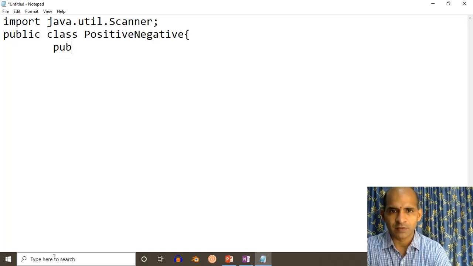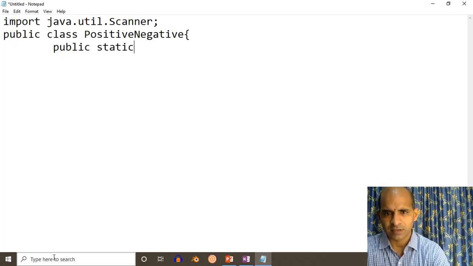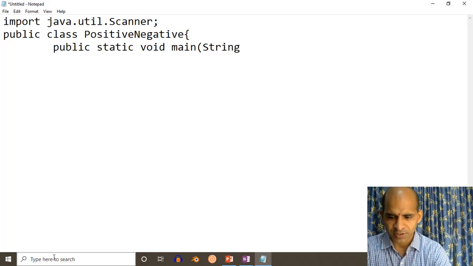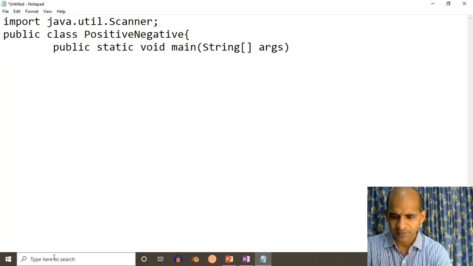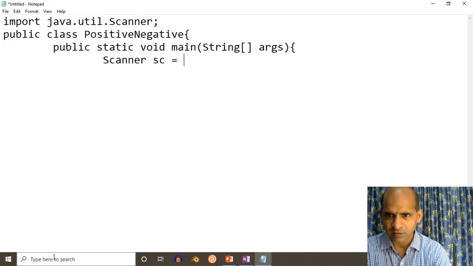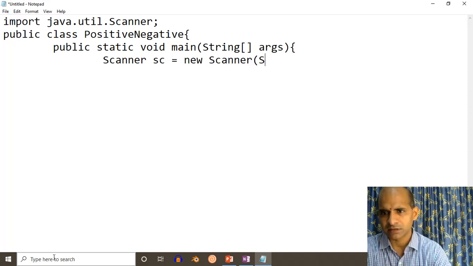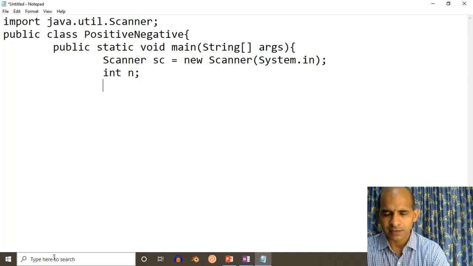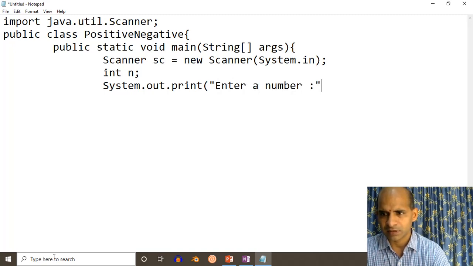Now I provide public static void main(String[] args). We go for Scanner sc = new Scanner(System.in). Let me provide a number, int n, then System.out.print("Enter a number"), then n = sc.nextInt().